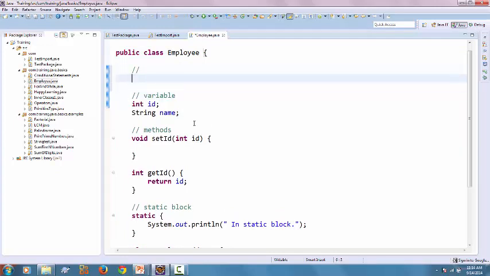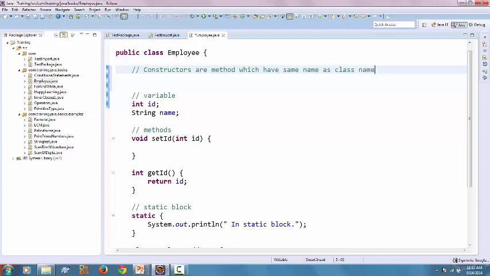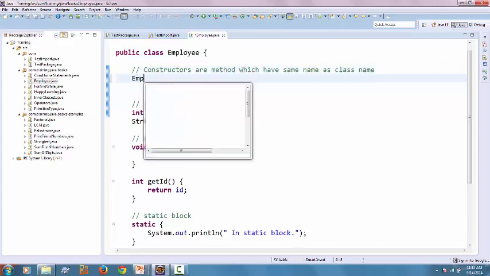So a constructor is nothing but a method which has the same name as the class name. This is the contract of the constructor. It should be with the same name,